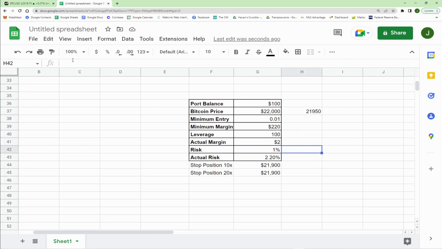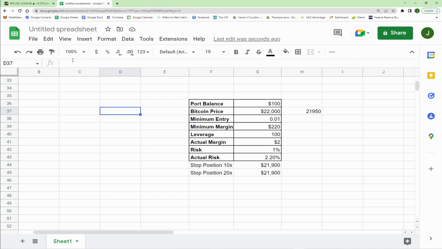So you could still do your risk management, but typically in a situation like this, if you're going to go super high leverage, you're going to get screwed. So the short end of this story, right? How much leverage should I use? It depends on your port, my friends. It also depends on what you're trading.